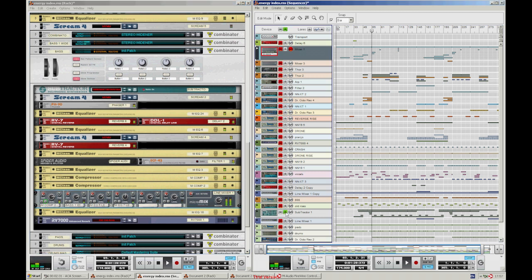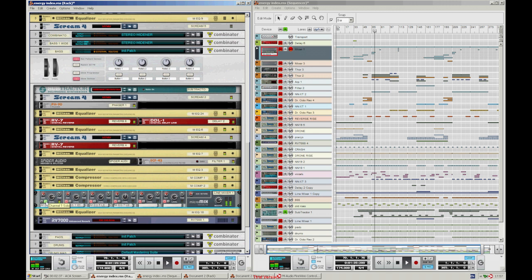Let's solo the Subtractor, and what you can hear there is several layers. This is one source taken from a Subtractor, split into several areas. We've got this sub layer, which is a heavy sub that sits underneath, and then this wide, reverby, distorted mid-range layer. Then a harsher, phased version of that, which has a phaser on it as well as distortion. And then another layer, which is really heavily distorted, with a bit of reverb as well, a bit gritty. So all together,